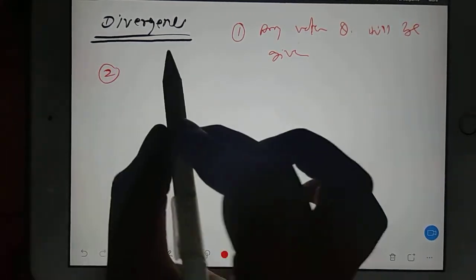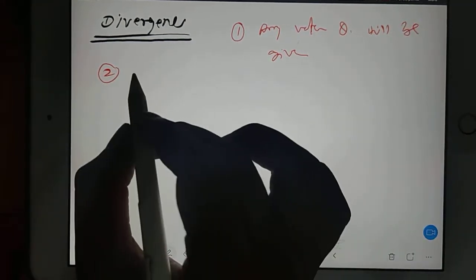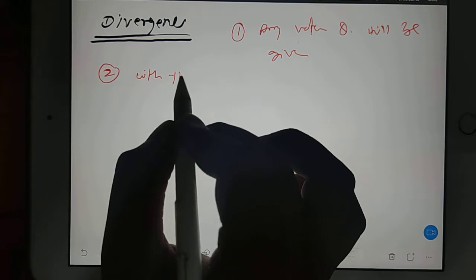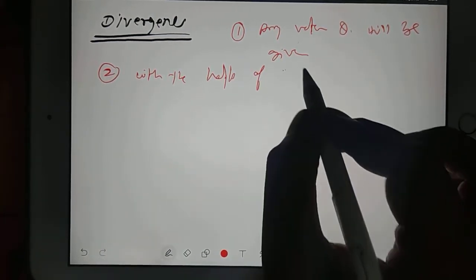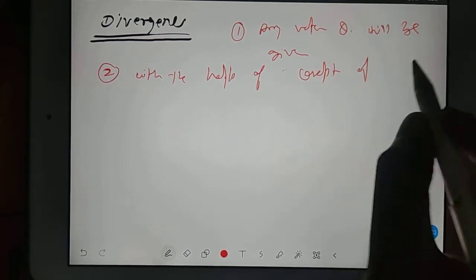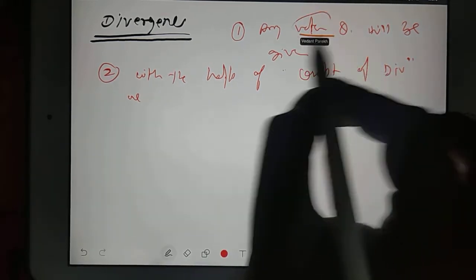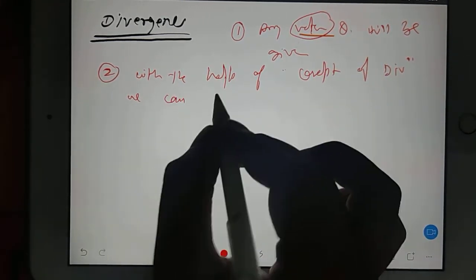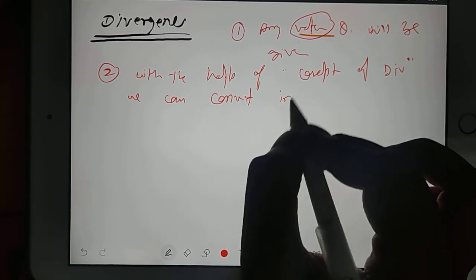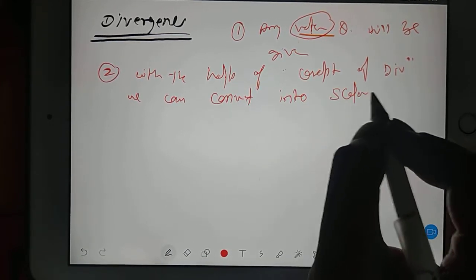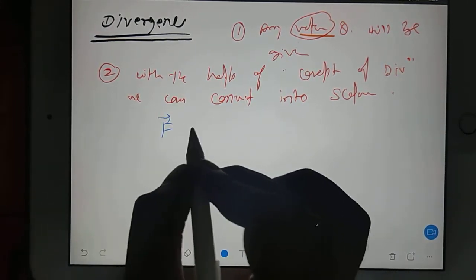Next, with the help of the concept of divergence, we can convert a vector into a scalar. How? Suppose F is any vector quantity given as